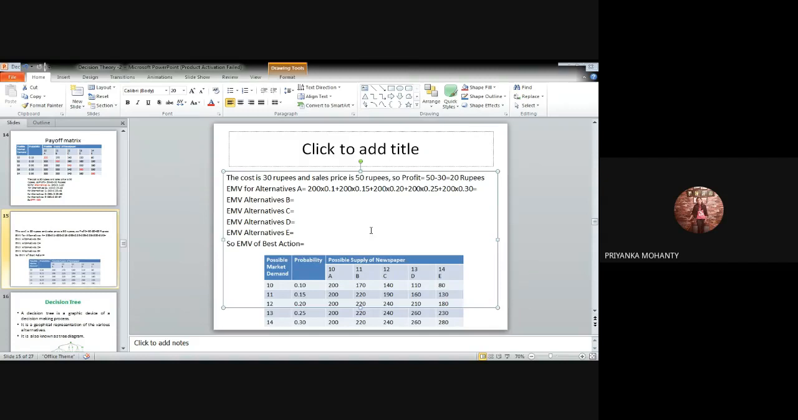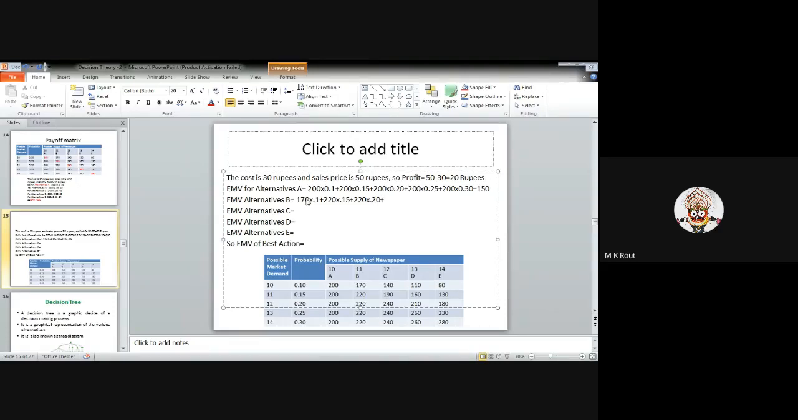150. Yes. Similarly, for alternative B, you have to calculate. That is 170 into 0.10. I just write here 170 into 0.1 plus 220 into how much? 0.15 plus next one is 220 again into 0.20